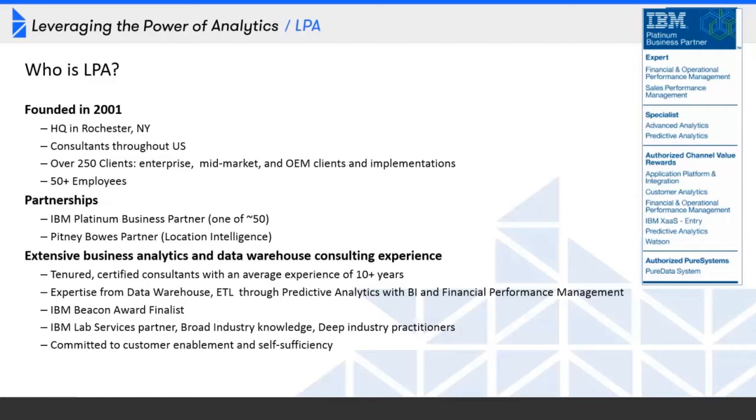And we are committed to your success and, more importantly, to your self-sufficiency. We want to introduce you to the analytics platforms, train you so that you can use them, and enable you to continue to use and grow them without necessarily having to call on LPA for every aspect of that growth. We're also a partner with an organization called Pitney Bowes, specifically around their location intelligence